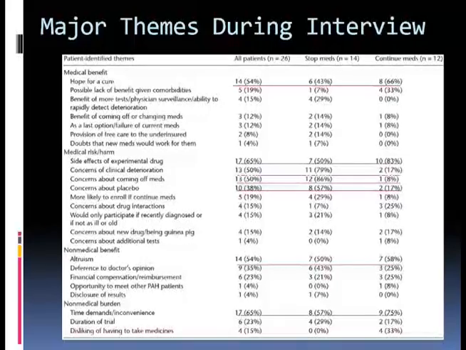And as you see, these are what motivates them and the major themes that appeared during the interviews. They do have a hope for a cure. At least half of them are very altruistic people; they would like to make this world better. They are concerned about the side effects of the experimental drugs. And in the group that was asked to stop the medications, 80% and above are concerned about disease progression, and rightfully so.